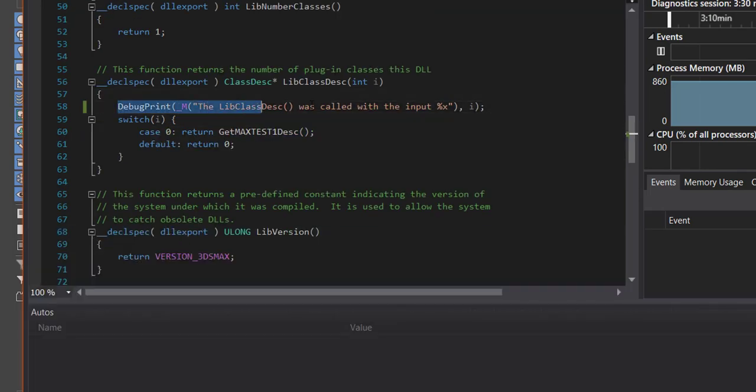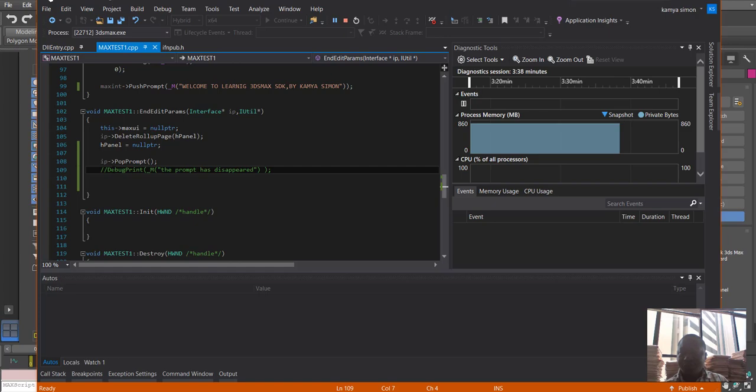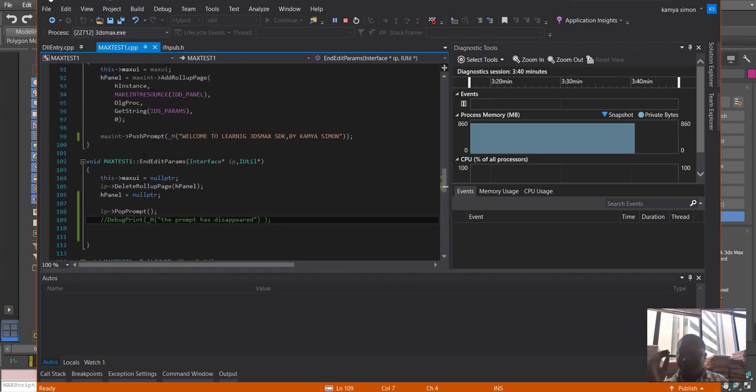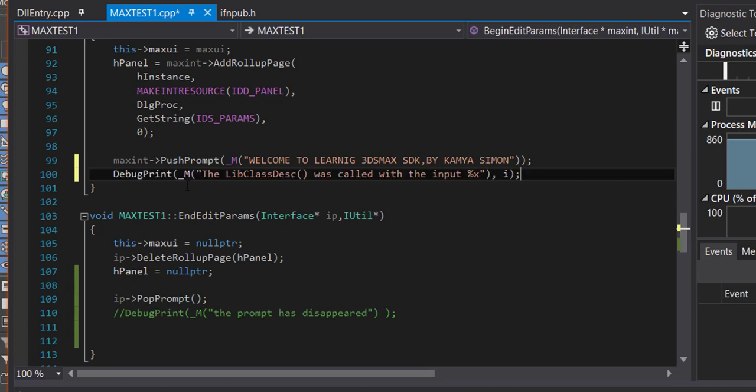For us, what we're going to do is go back to our plugin, and we do one thing. We're going to go to the prompt, and after the push prompt, we want to print a debug message that the prompt has been clicked.